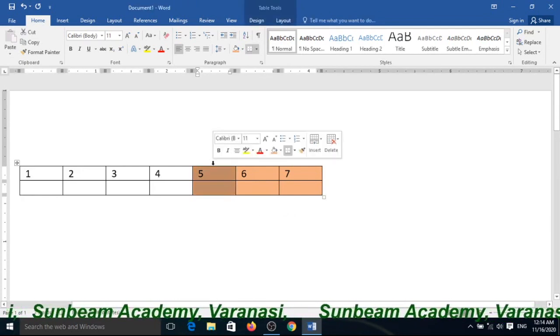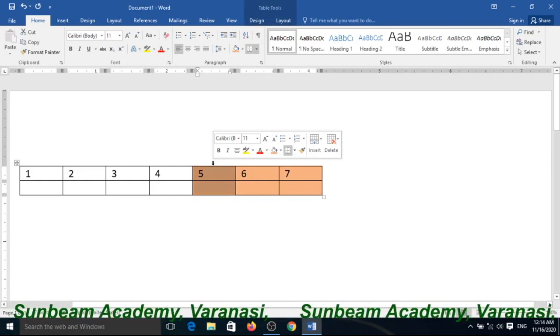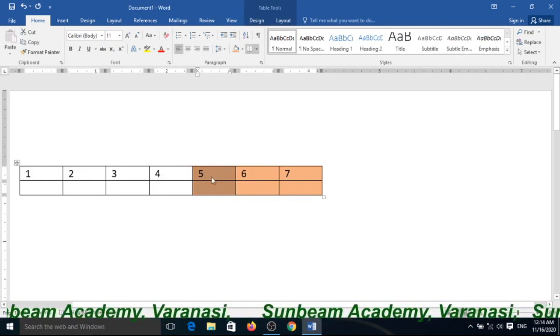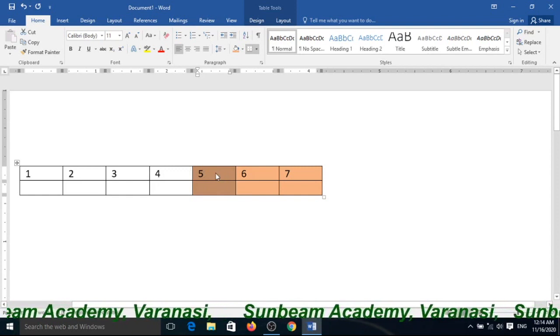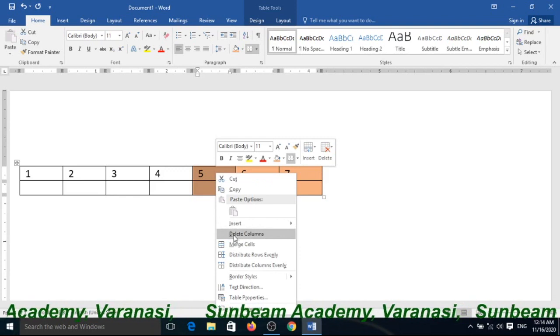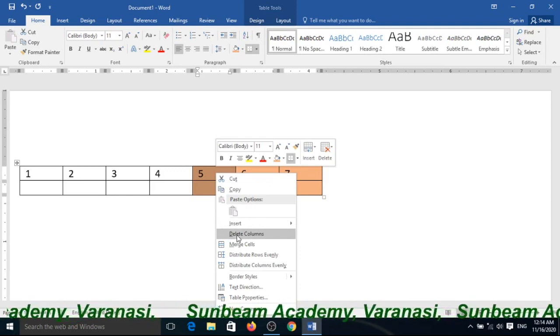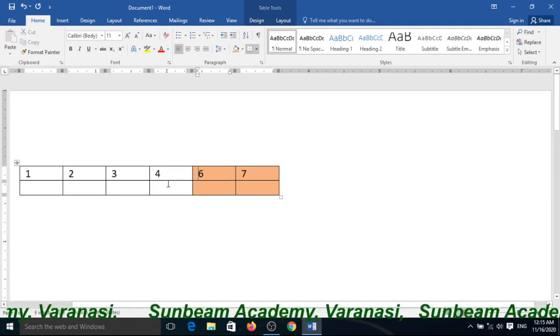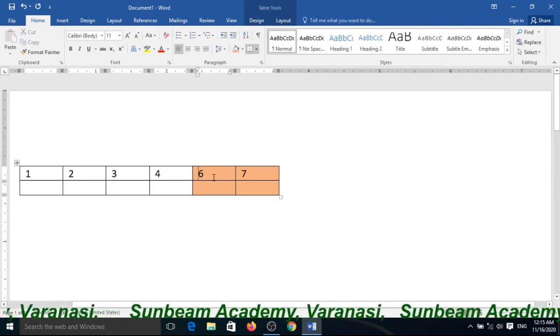Suppose you want to delete this column number 5. Select that column and right click and click Delete Columns. It will be deleted. See, number 5 has been deleted.